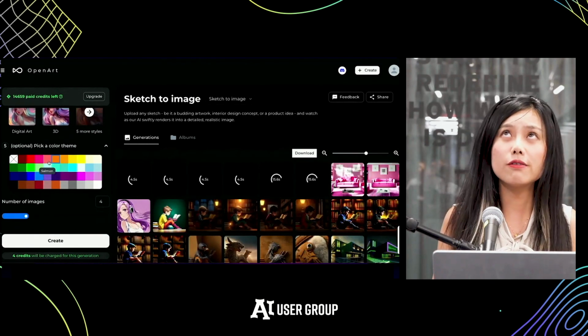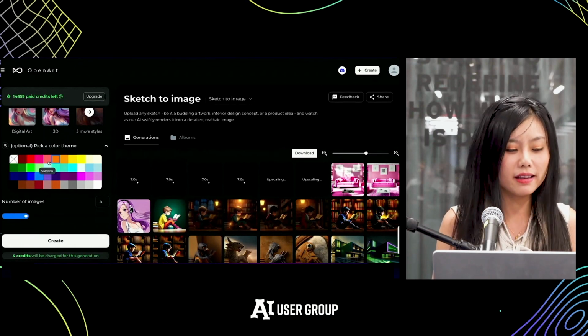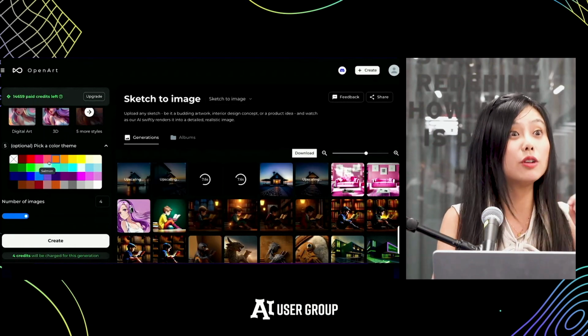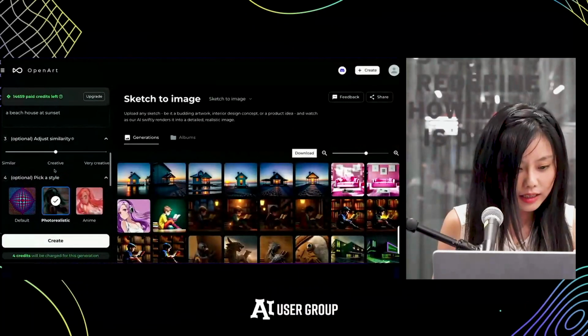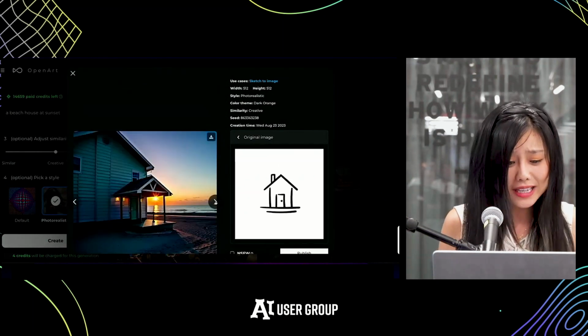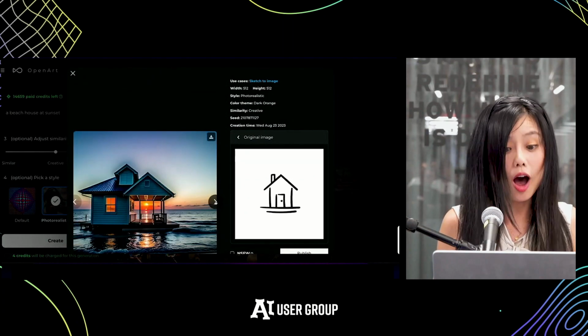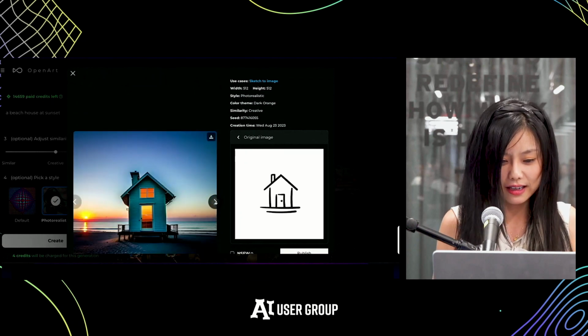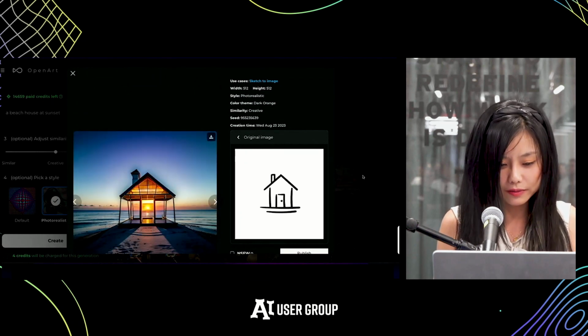But we've heard from users that they like to support more colors, and in fact, regional colors. Right now you can only specify one color, but sometimes you want a certain part of the house to be green, a certain part to be red. In that case, you want to support multiple colors, so we are considering adding that functionality too. If you compare the original image to this, it definitely reduces a lot of work if you want a full image render.